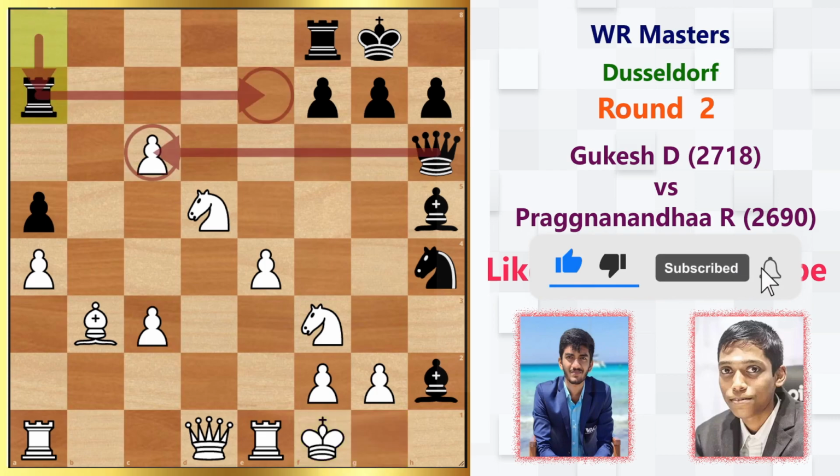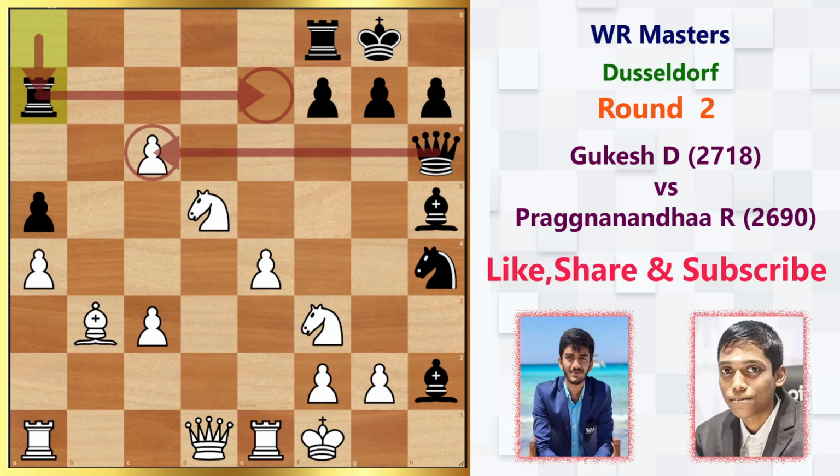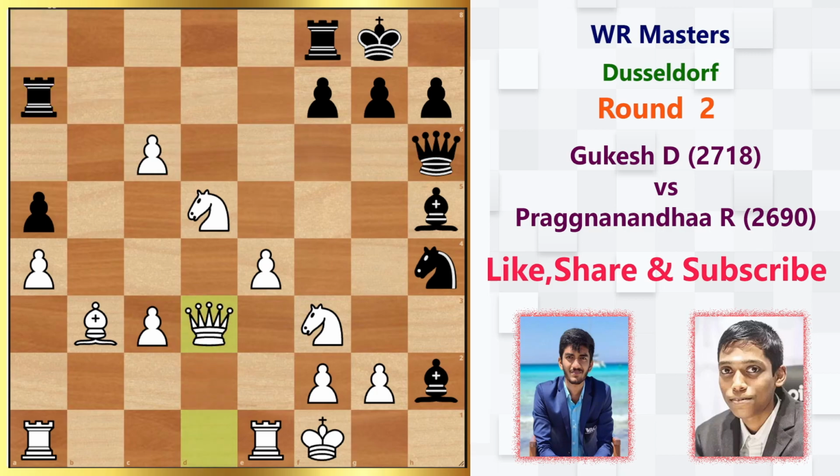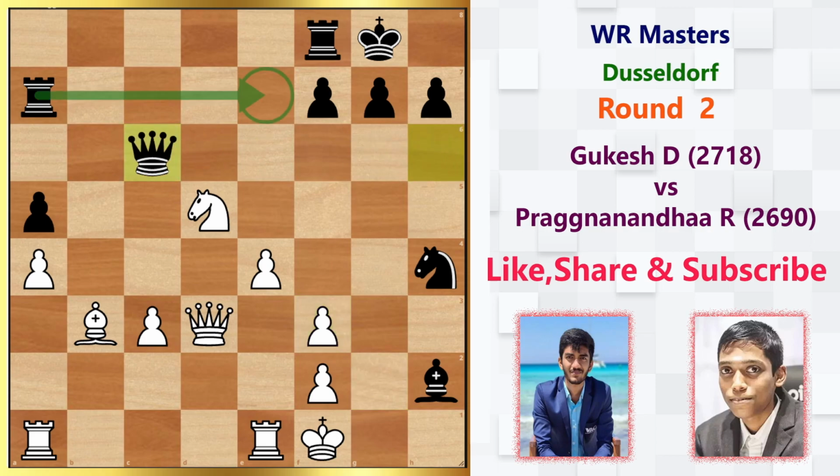So here he plays rook a7, covering e7 and now threatening to capture on c6. Gukesh plays queen to d3, and then we have bishop takes f3. After g takes f3, we have queen takes c6. So after pawn to f4, I think now Pragg's attack is kind of neutralized, and there is no good coordination